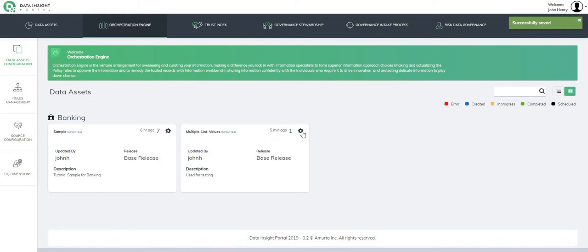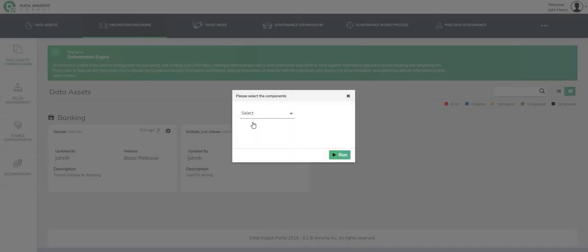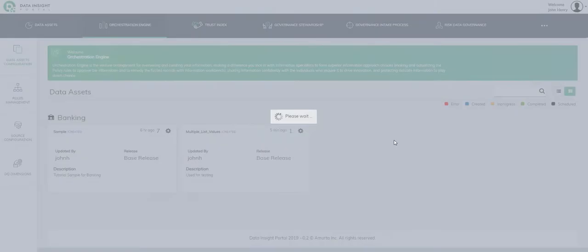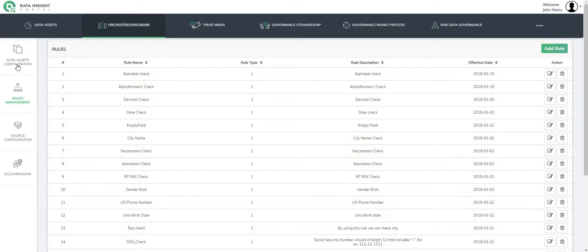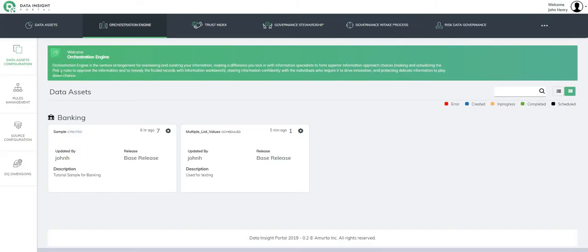Now come back to the data set and schedule it. Select the base release version, run it. Once scheduled, we need to wait for the Talend job to process the rules. So let's give a couple of minutes, a couple of seconds to the Talend job to complete. So once the status changes to completed,